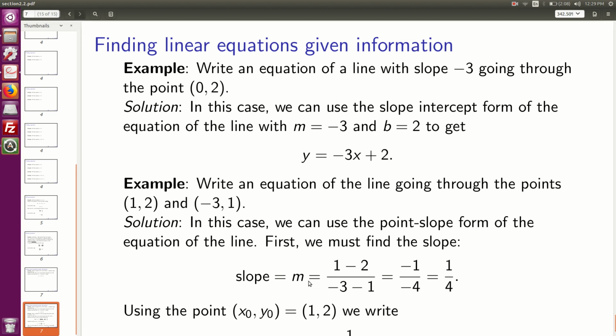And that's it for that section. The next section we'll talk about quadratic